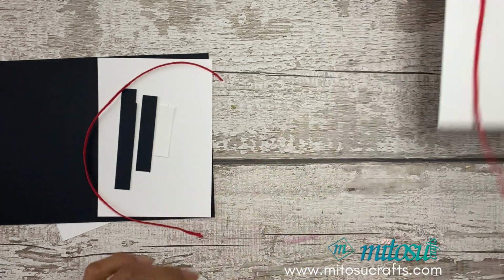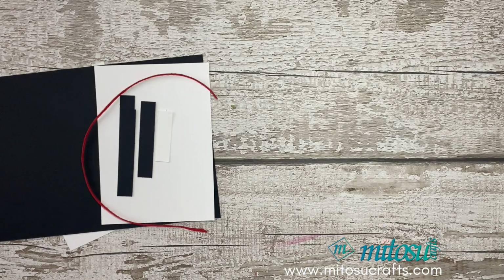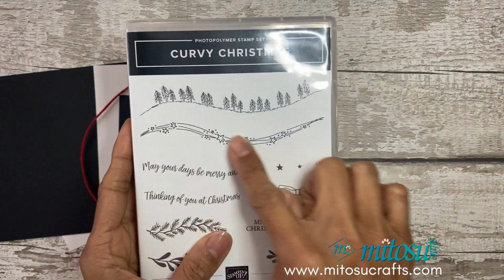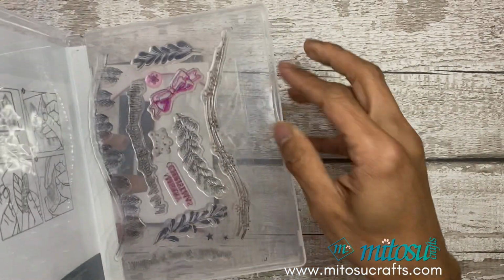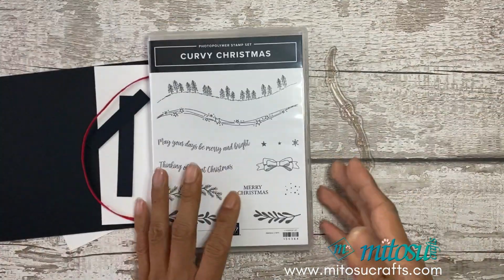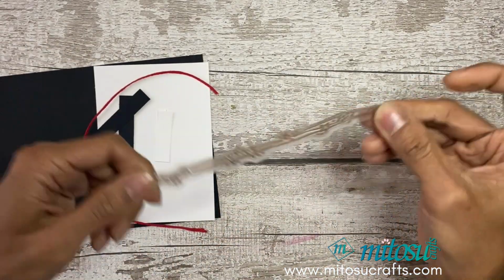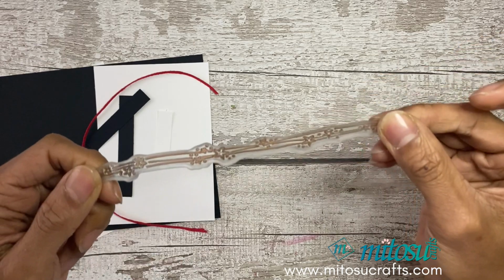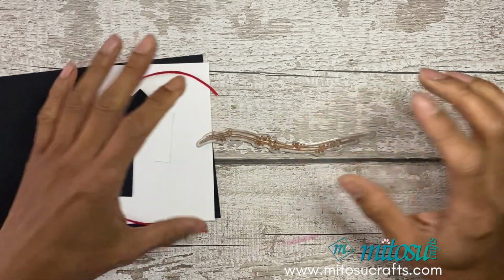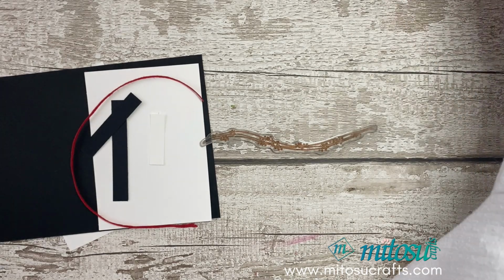So we're going to start off with the card, and as mentioned, we'll be using the stars. And for this card, we're actually going to flatten the curve by staying at home and crafting and giving our cards to our friends and family. You will also need for the tools